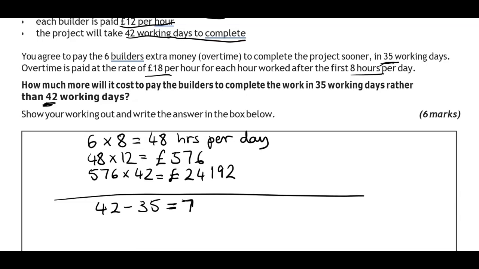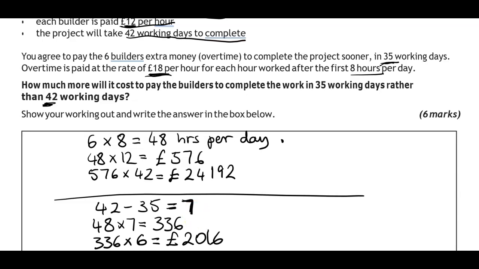So 7 days, we said there were 48 hours per day. So 48 hours times 7, that is 336 hours in total. And that's going to be paid at £18, but we've taken that into account for the £12, so we're only going to work out the difference, which is £6. So 336 times the £6 gives us